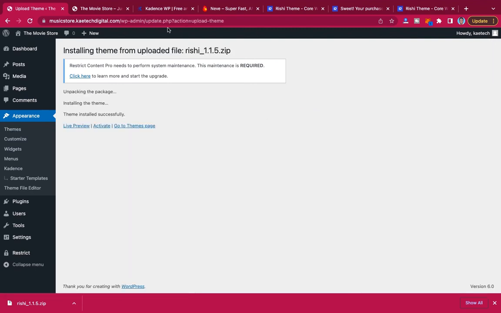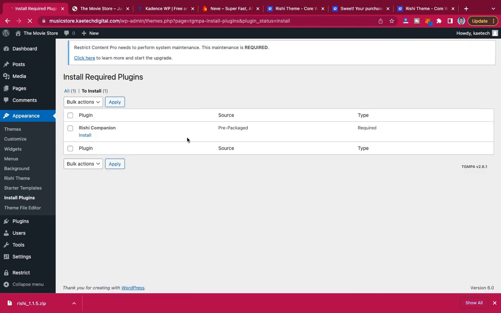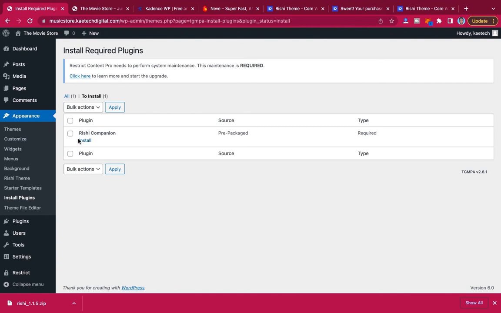Okay, so guys, as you can see, the theme is successfully installed. We have to activate it, so just click on activate over here to activate the theme. And then after the theme is installed and activated, they will tell you to install the Rishi companion. Okay, so what we need to do is to just click on install Rishi companion, and then as you can see, this is the companion. So just click on install,